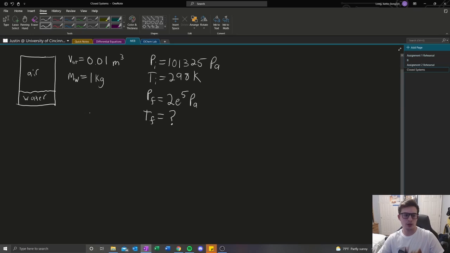And so we're going to go about doing this. First, we notice that we have two different substances in the container, air and water, and we need to find the pressures of both of them. So we're going to go ahead and find out the partial pressure of the air and the partial pressure of